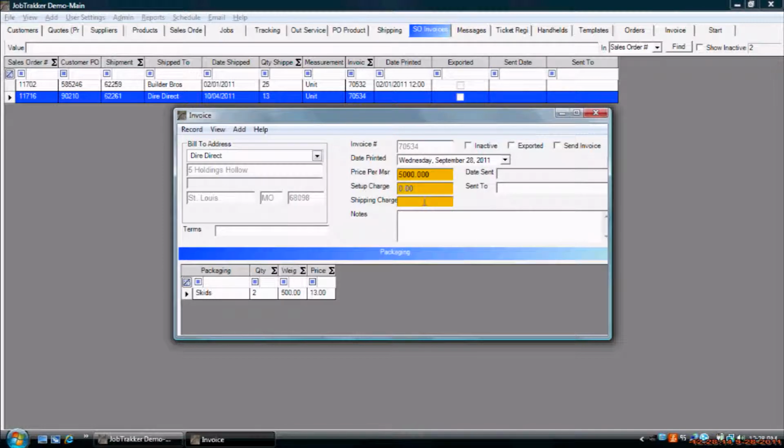We can then make any adjustments that need to be made if we're going to charge them shipping charges. We fill that in here. Yellow fields need to be filled in. Set it to 0, set it to whatever the dollar amount is, and this is set for invoicing. You can either just print it and send it out. You can do a print preview and save it as a PDF and email it out, or if you're set